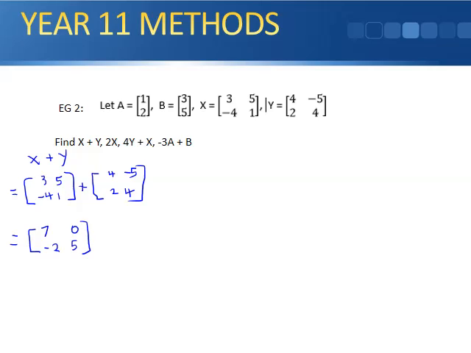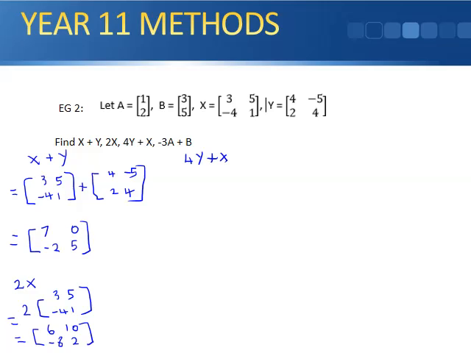The next one is 2 times X. I'll do 2X down here. So that's 2 times the matrix X, which is 3, 5, -4, 1. And again, just write your answer, because you can do this in your head. That's 6. 2 times 5 is 10. 2 times -4 is -8. And 2 times 1 is 2. We'll do the 4Y